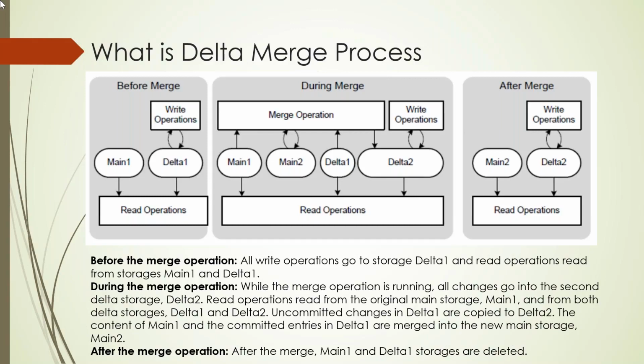So save point is also related to this delta merge process only. No, save point is not related to the delta merge process. Save point is related to the entire system, whether it is row store or column store. So save point is basically